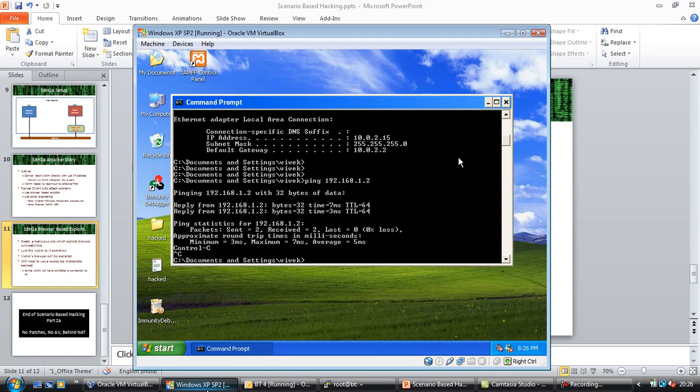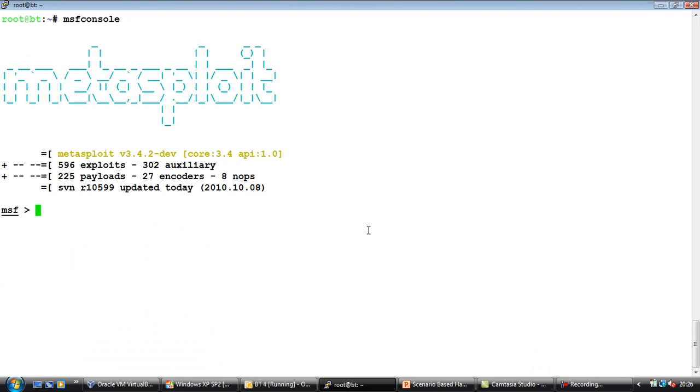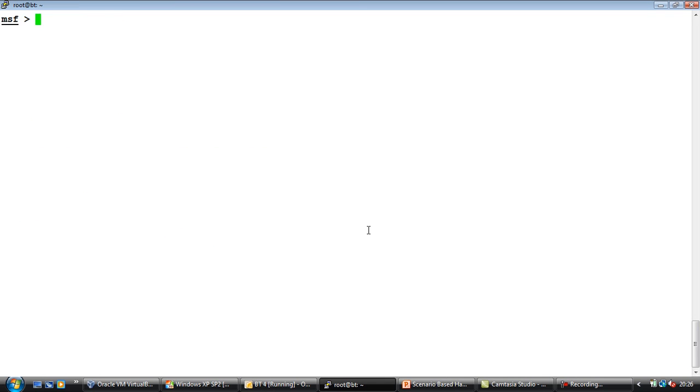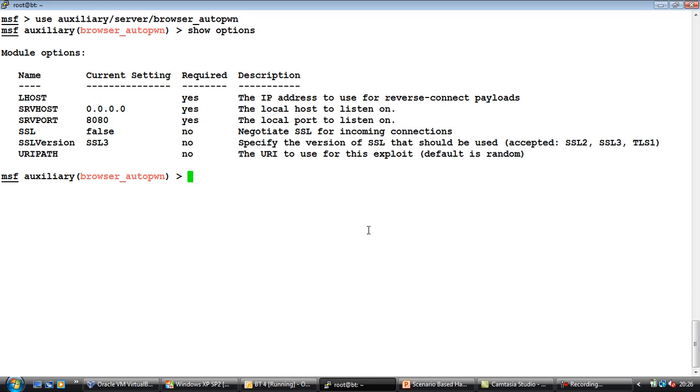So this is the victim, here is the attacker machine. Now let's go ahead and launch browser-based exploits. This is an auxiliary module under auxiliary server browser autopwn. Let's look at the options. LHOST is the attacker